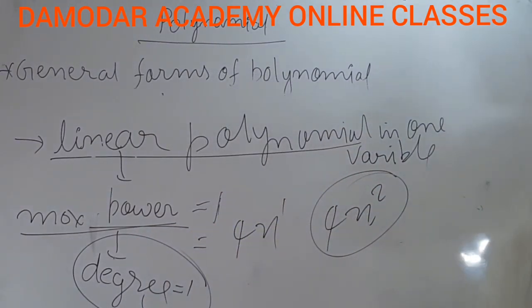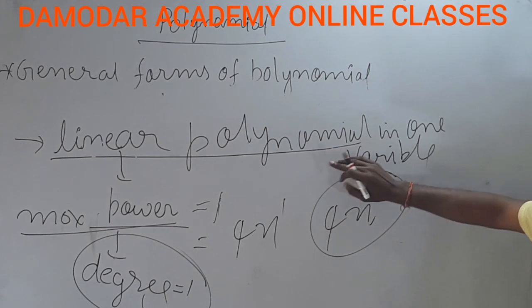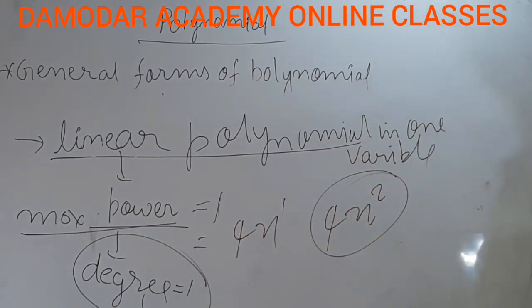Okay, तो linear polynomial के लिए डिग्री 1 होगा, 1 से ज्यादा हो नहीं सकता।